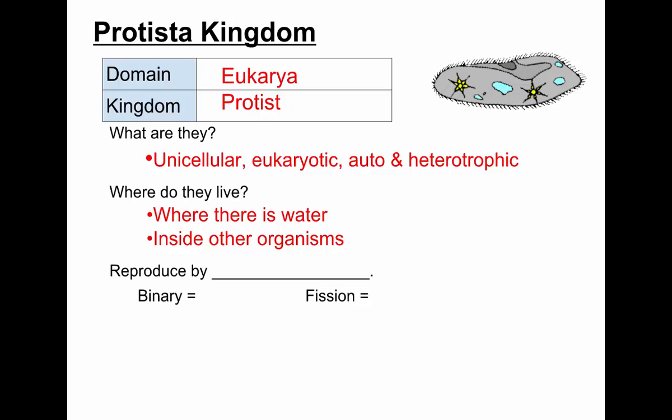Protist reproduction: they can reproduce asexually through this process we call binary fission. And we defined this the other day. Does anybody remember what it means, binary fission? Yeah? To split into 2. The word binary means 2 parts. The word fission means split. And protists can reproduce asexually by basically splitting in 2.